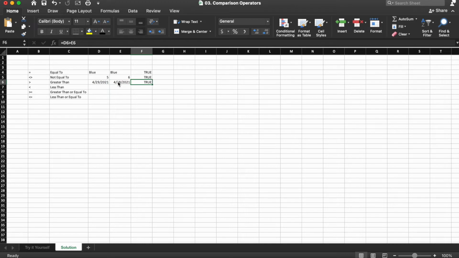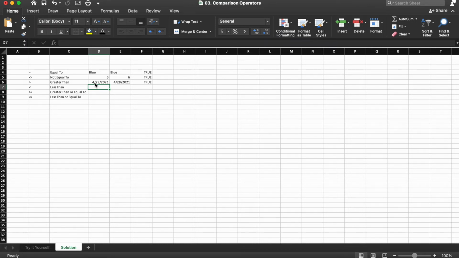Hit enter, and once again we get true. And if we wanted to make it false, we could just change our 2021 to 2020 in D6, and we see that we have false. So we'll reverse that, and we're back to true again.